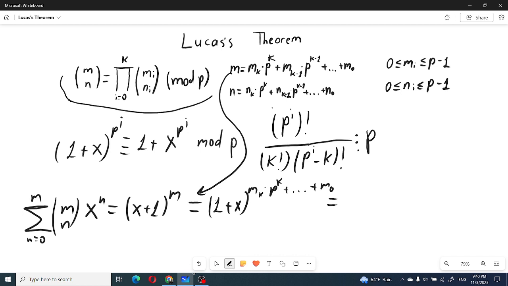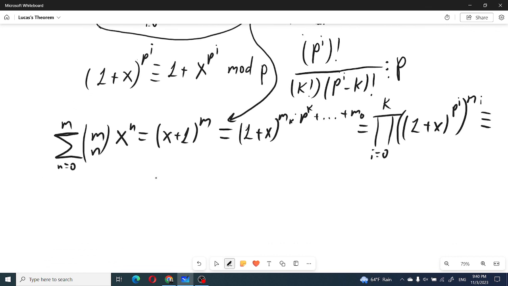And clearly this is the product over i from 0 to k of (1 plus x) to the p to the i, then to the power of m_i. Now we will need to use this freshman's dream here, (1 plus x) to the p to the i. Clearly this equals, from i 0 to k, this product, we get (1 plus x to the p to the i)